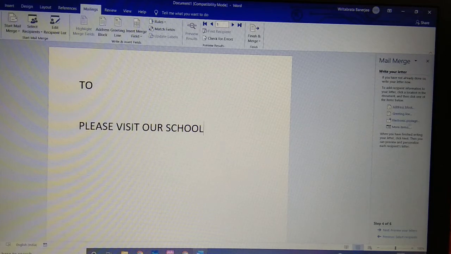Next, here you will get 4 options, that is address block, greeting line, electronic postage and more items. First click on the line between 'To' and 'please visit our school'. Just click in between the 2 lines and then choose this option more items.